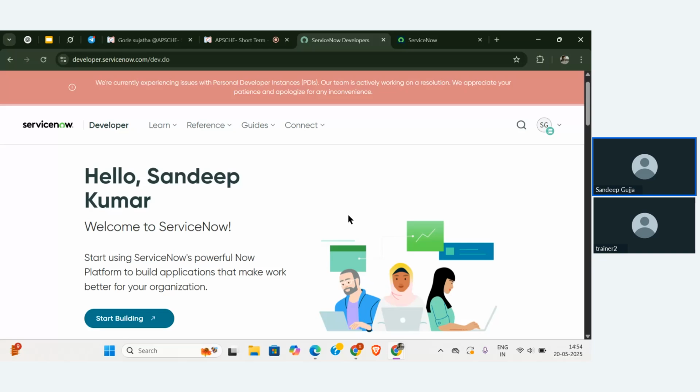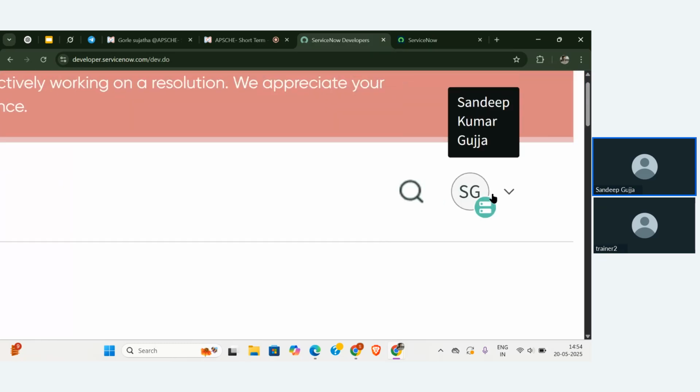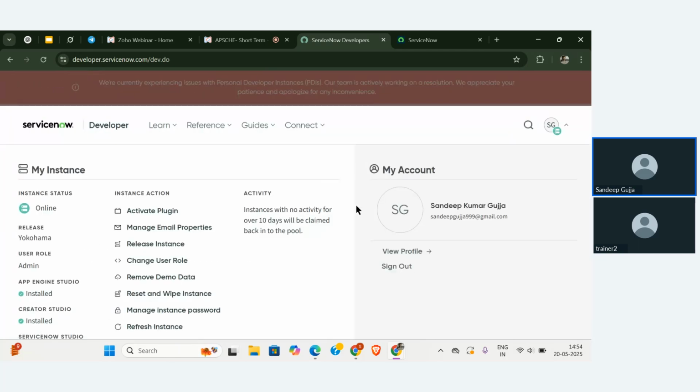Whenever you open your ServiceNow website, you are going to see one user interface. We call this the user menu. If you click on this, it will open instance actions. Here we have multiple options, and each and every option has something that you need to know, guys. I will explain from the bottom. So what is the last action that we have?